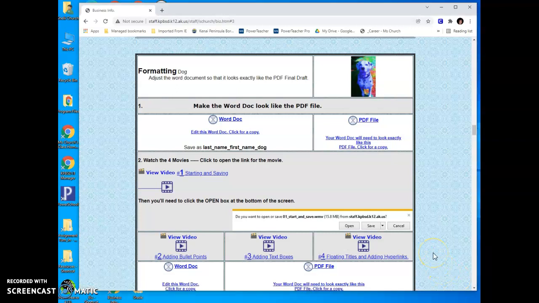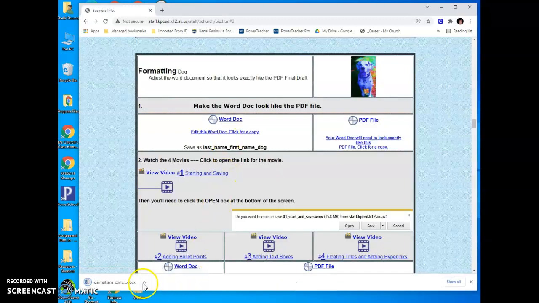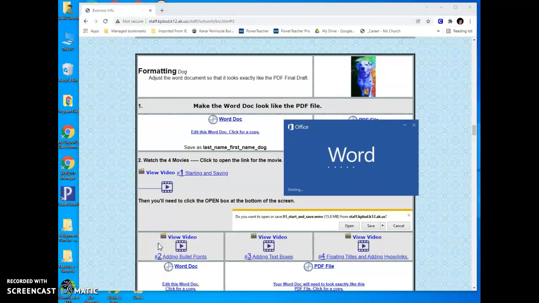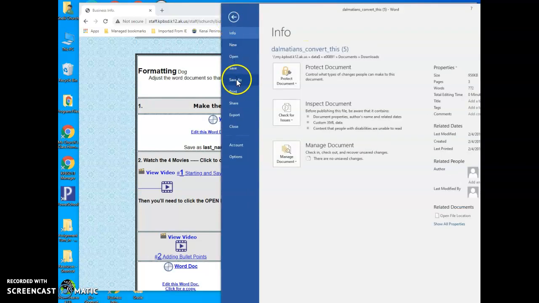Okay, locate the formatting dog assignment. We will go ahead and load the Word document. This time, we'll just go ahead and open it. Usually we show it in a folder and then move it to the biz. But what we can do right here is we need to save it correctly. So just go File, Save As,